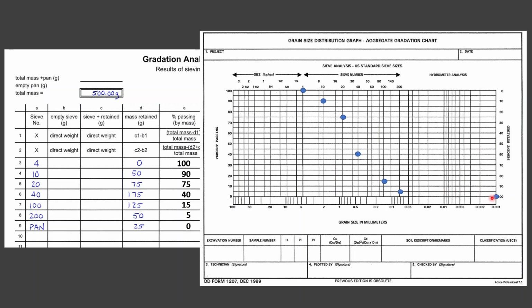And what that allows us to do is place an interpolation line to get a feel for what's happening with our fines. Once you have all your points charted like this, you can connect them with the line, and then what this allows you to do is interpolate a percent passing on an important sieve number if you didn't happen to have that sieve in your stack. And what I mean by that here is, let's take a look at